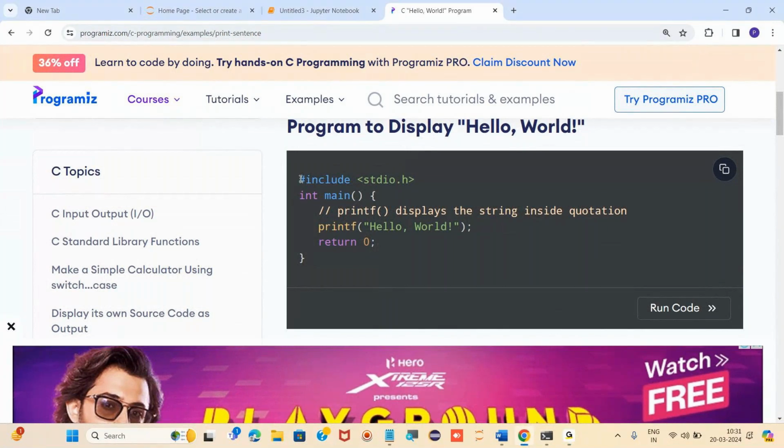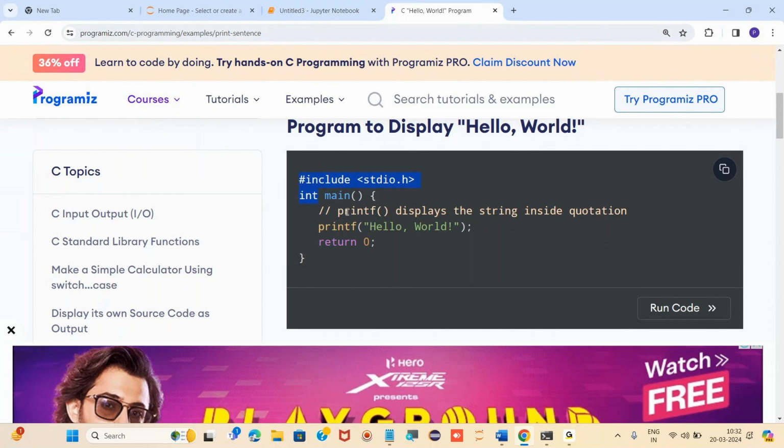First of all, we have to give the header file, right? For C programming, we have to give the header file. This is mandatory to write any C program or any C++ as well. Then we have to give the main function, the main method we have to initialize, and what kind of main function we are going to use, that also, right?